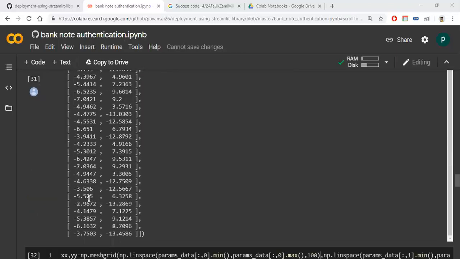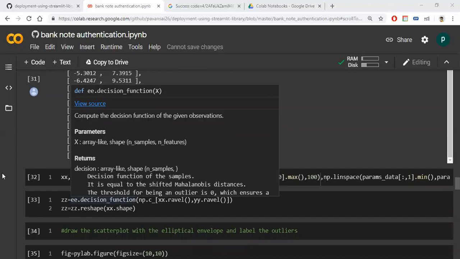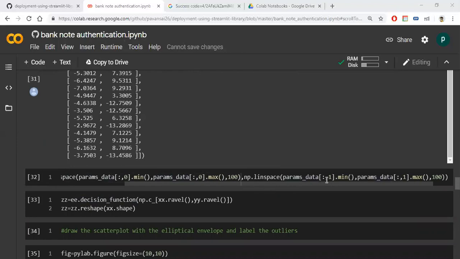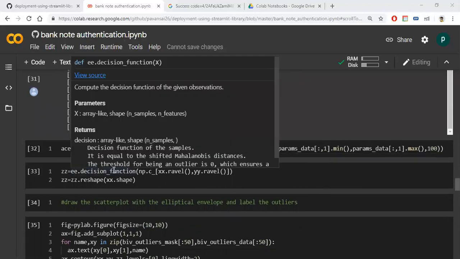These are the outliers. Then I am doing a mesh grid for visualization purposes. I am giving the minimum and maximum values of the data and getting only 100 points.